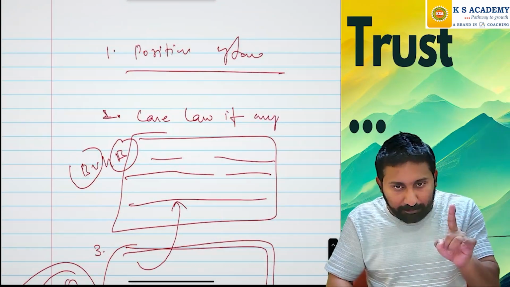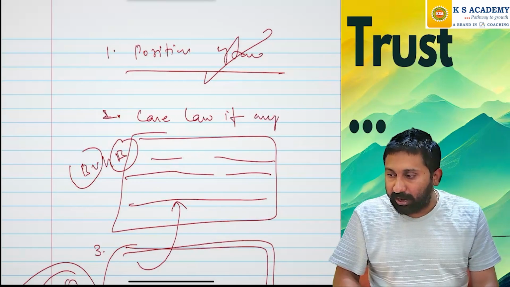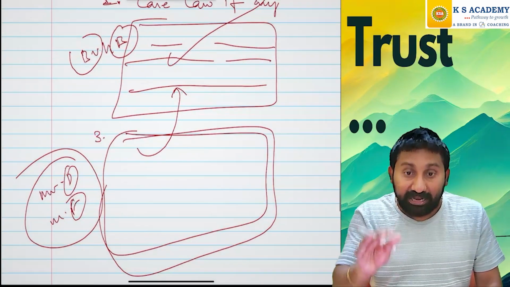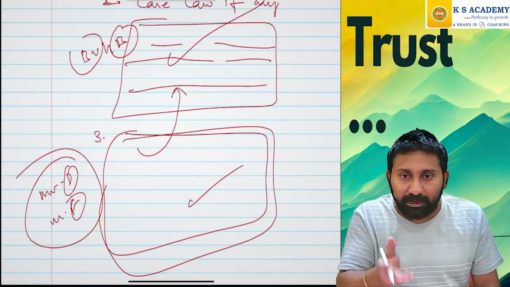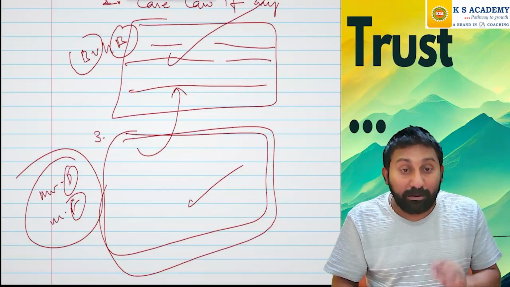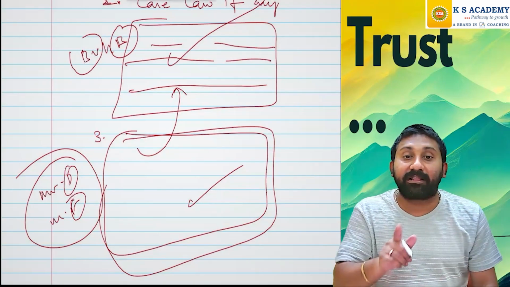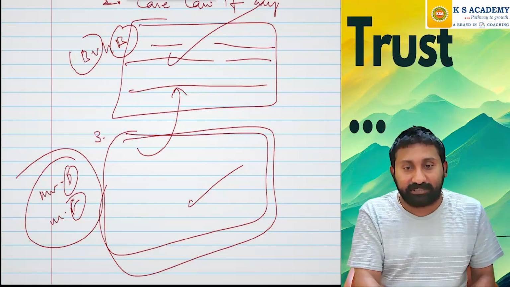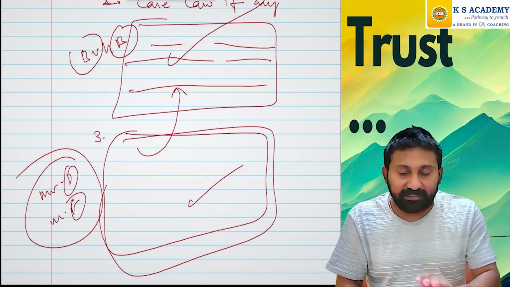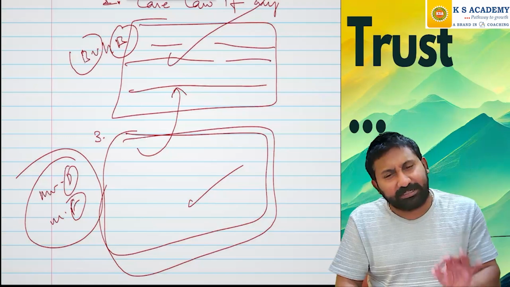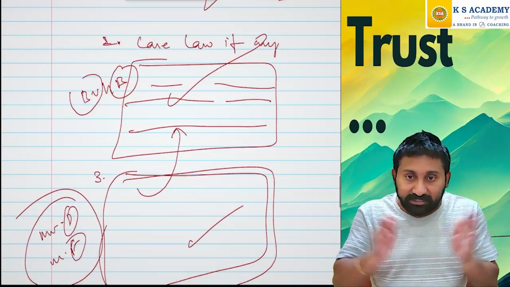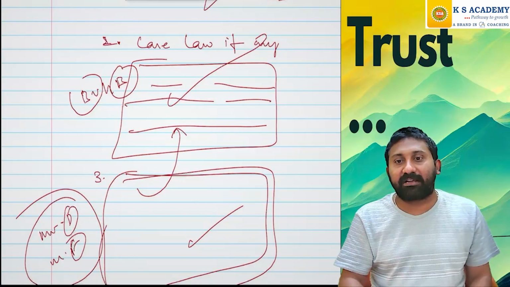Always give importance to the position of law, give importance to the case laws if any, and give less importance to the conclusion. That does not mean leave the conclusion, they do give marks. I am telling you to give more importance to writing the law, because you are writing a law paper, not a conclusions paper. You are not a judge. So this is the thing. In an 8 marks question, generally they integrate case studies, or they will give huge sections. Big sections they will ask in the exam.